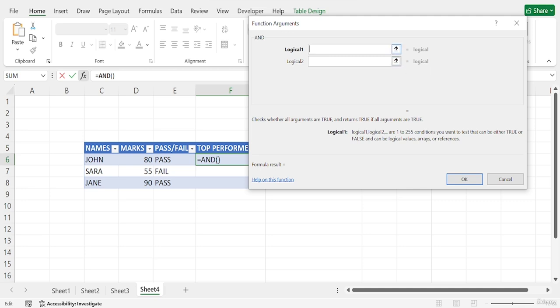So let's say I will add this number. I am making conditions like the mark is greater than or equal to, let's say, 85, and the second condition will be that this number is less than or equal to, let's say, 100. Then show me the name.